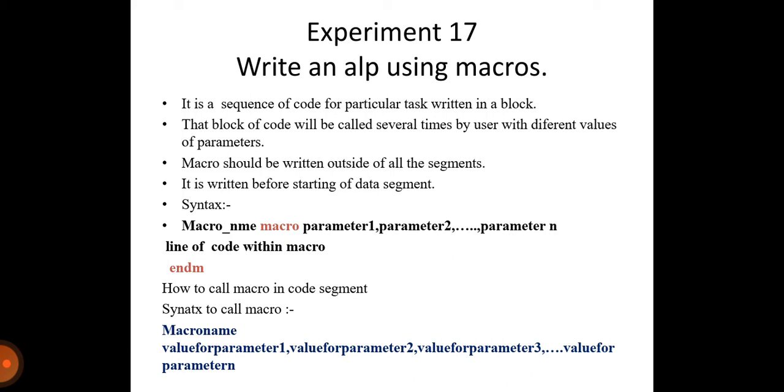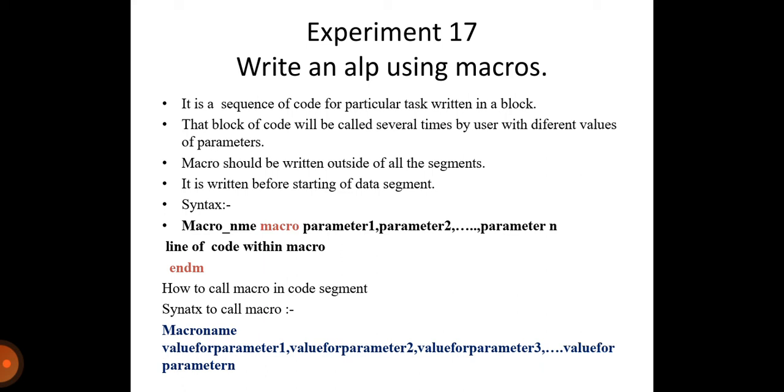The line which is used to call the macro will get replaced by the group of instructions that we write in the macro. That group of instructions will start executing when we call a macro. For example, when we call a macro, and the macro definition is 10 lines of code, that one line will be replaced by 10 lines of code. Which 10 lines? The lines which are written inside the macro.